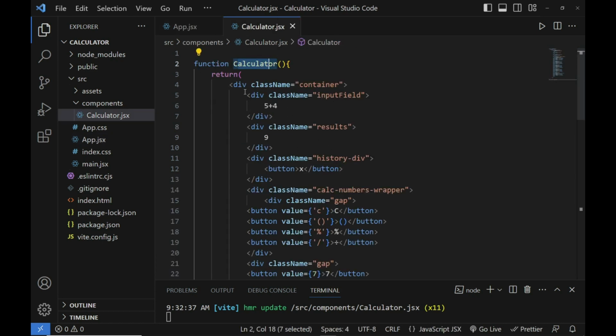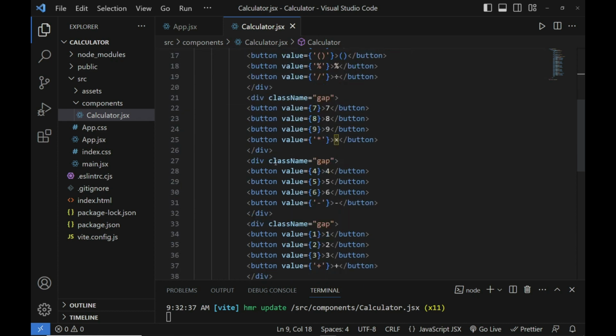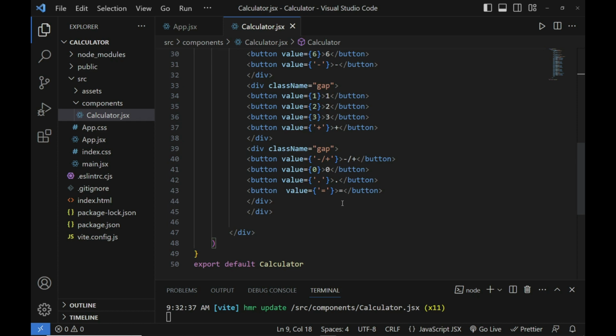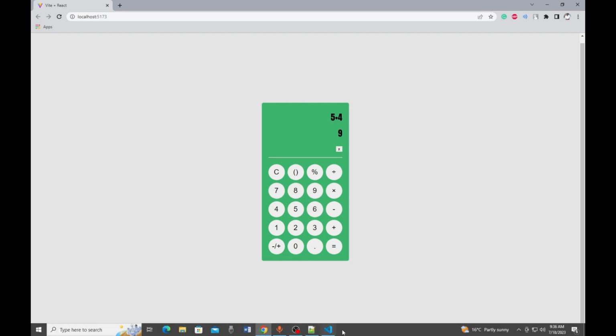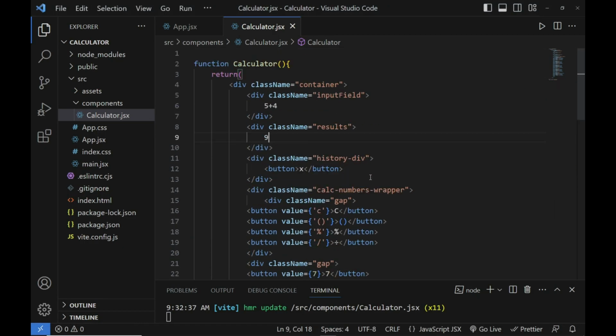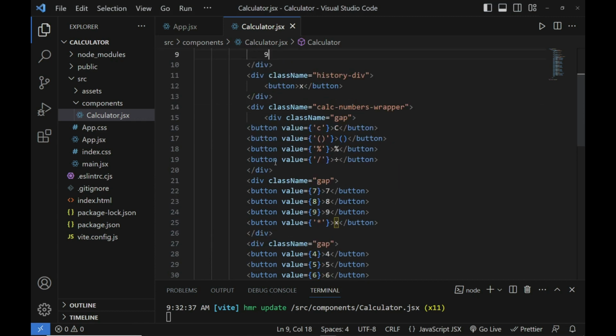On this one, you can see I have my two screens here. One is for displaying the addition, and one is for the results. The rest are just the buttons. When I refresh, you can see these are hard coded. When I click on any button, nothing is working because there is no functionality for the buttons. So the first thing to do is capture the buttons that are clicked, and